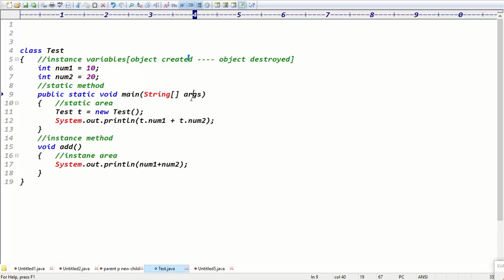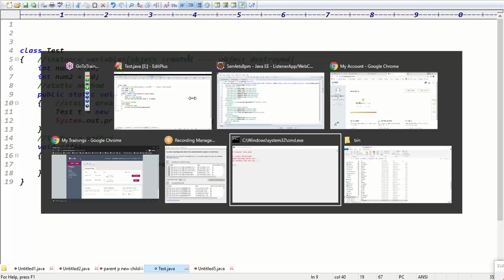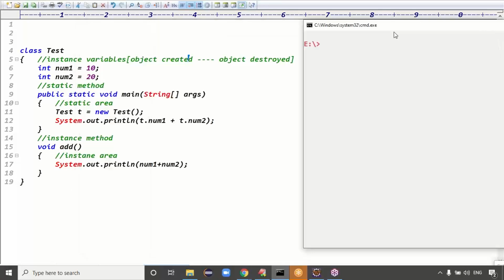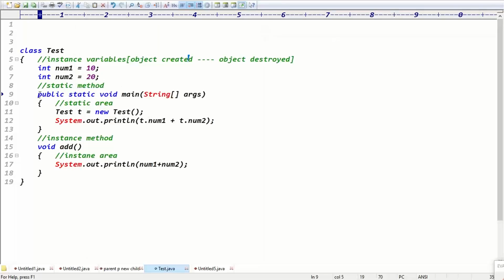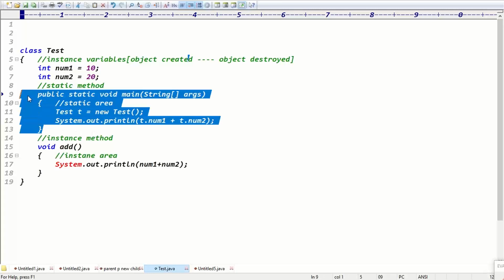In the main method we have to call the other add method. Exactly, guys. Because the JVM is responsible to execute only the main method. That's why the JVM will execute only this method. In entire Java, the JVM is responsible to execute only the main method, guys. If we define any user-defined method, we must call all user-defined methods inside the main method, right? Then only those methods will be executed. That point is clear. The execution starts from the main method. Who is calling the main method? The JVM will call the main method, and the JVM is responsible to execute only which method, guys? Main method.